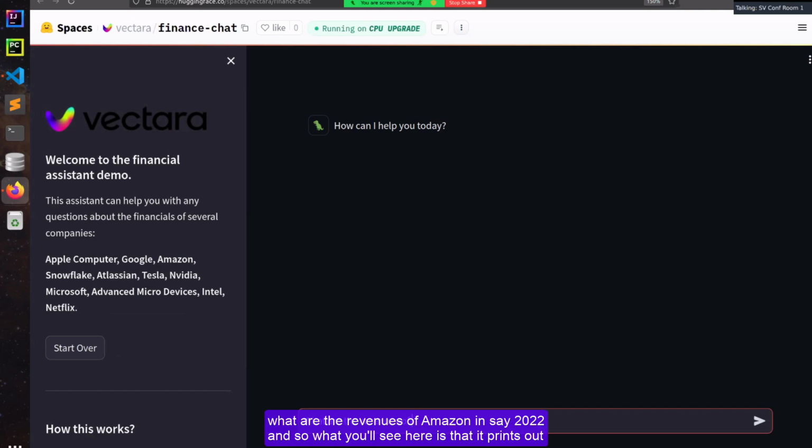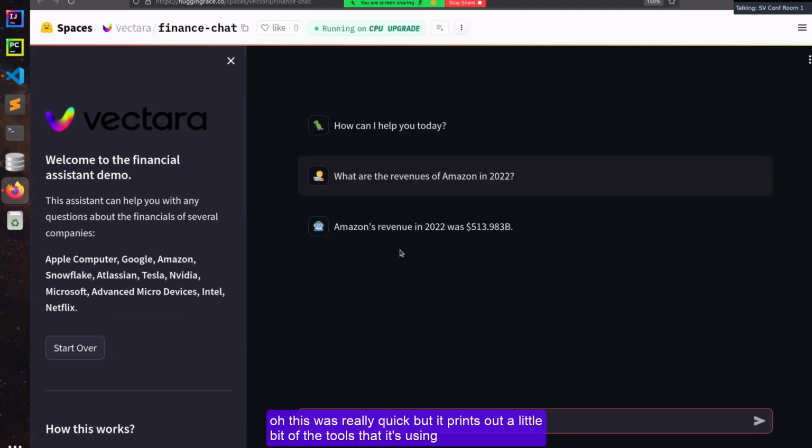All right. What are the revenues of Amazon in, say, 2022? And so what you'll see here is it prints out, oh, this was really quick, but it prints out a little bit of the tools that it's using. So it picked up this from the income statement. Then I can say something like,